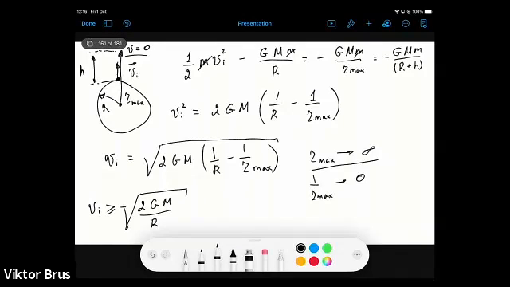So this is the equation which gives us the minimum speed required for the projectile to leave the planet, without taking into account friction in the atmosphere, like drag force in the atmosphere, and also it